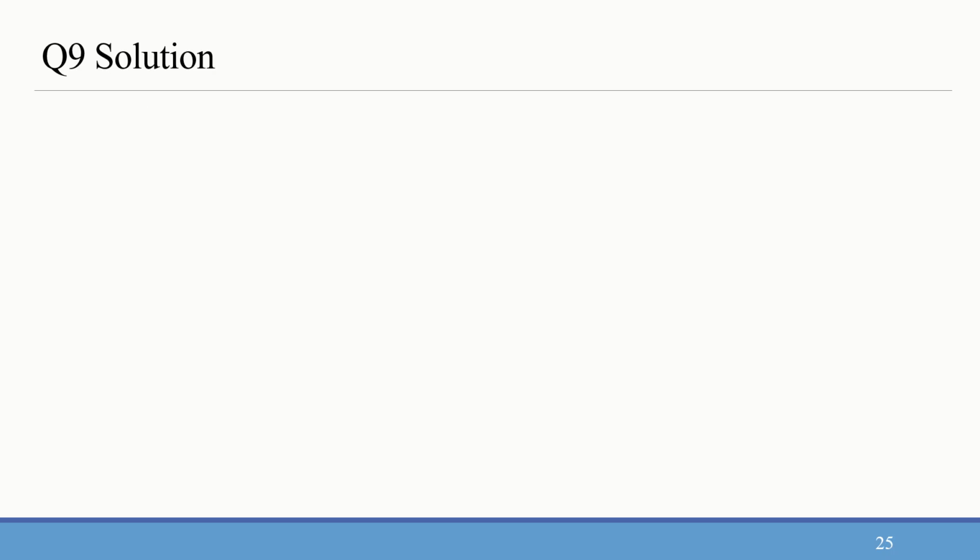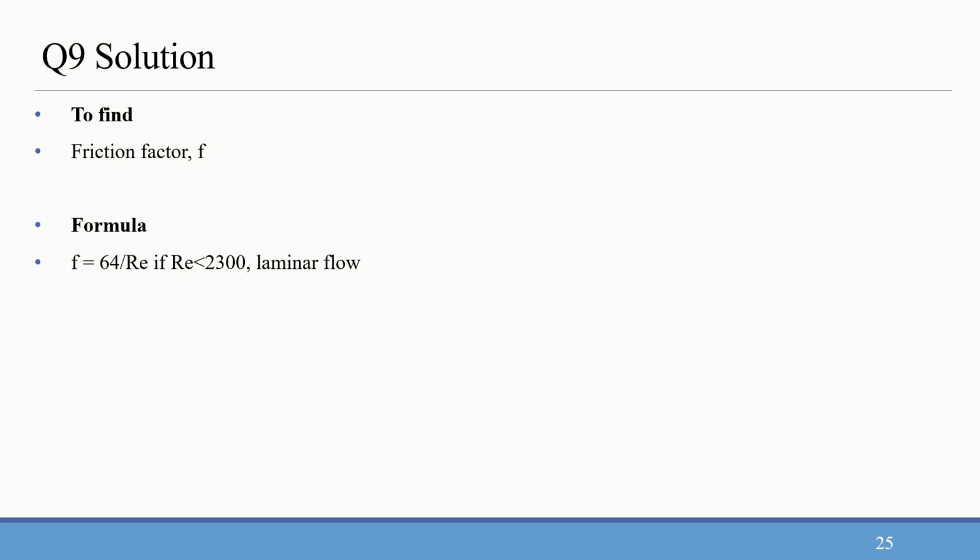So we will see how to do it. First, we have to find the friction factor f, and the formula is again two-fold based on the Reynolds number. One is if the flow is laminar, f is equal to 64 by Re if the Reynolds number is less than 2300, and if it is greater than 4000, we have